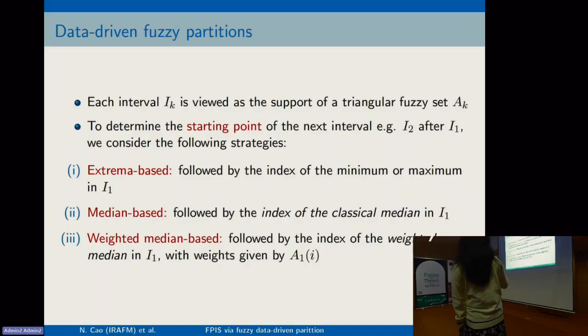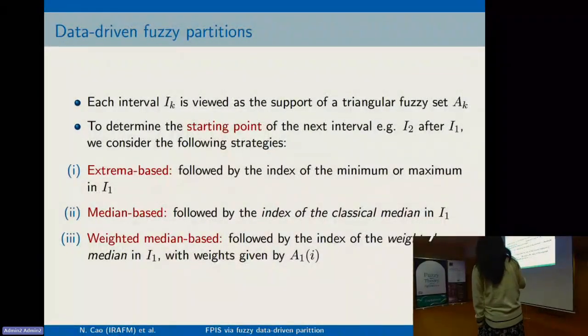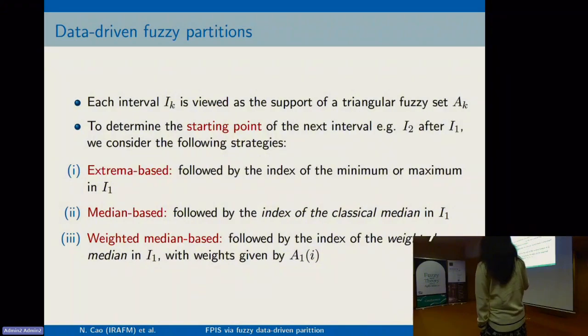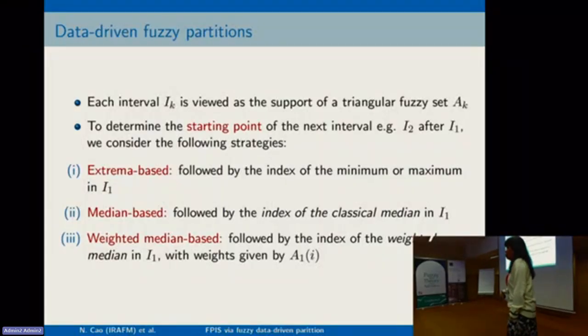So here we propose three strategies. We can start just right after the index of the minimum or the maximum of the current interval. Or we can start right after the index corresponding with the classical median of the current interval. Or instead of the classical median, we can start right after the index of the weighted median in the current